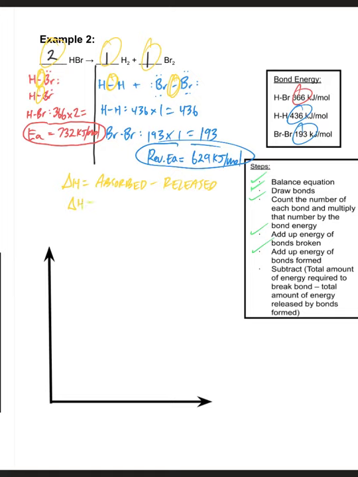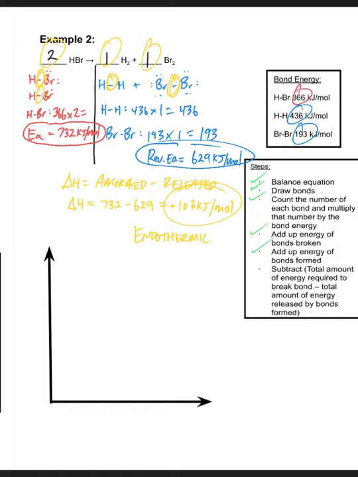So delta H is going to be equal to 732 minus 629, and I am going to get a total of 103 kilojoules per mole as my delta H. And this time my delta H is indeed positive, not negative, telling you it's an endothermic process this time instead of an exothermic process. So I am going to make sure I show that or represent that on my potential